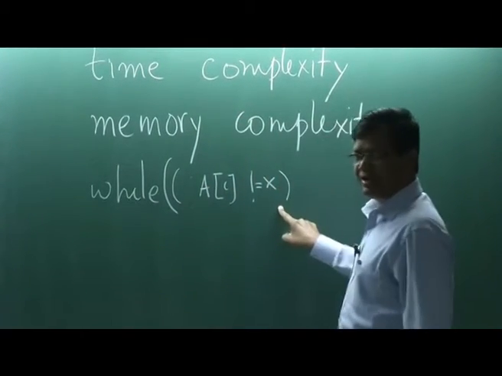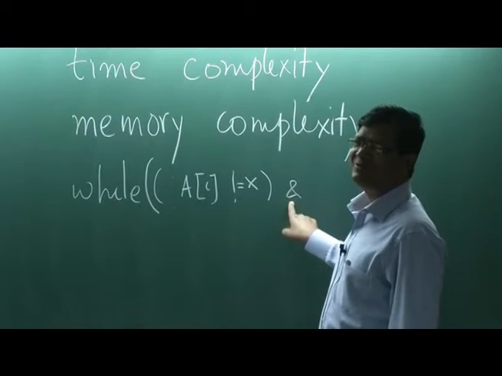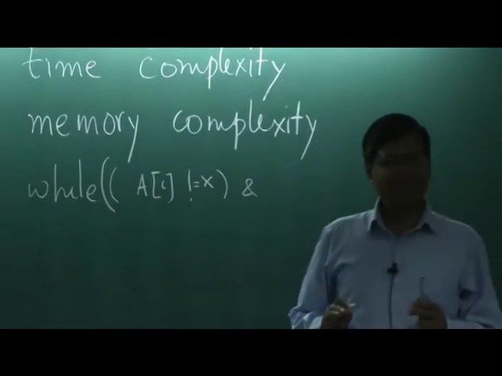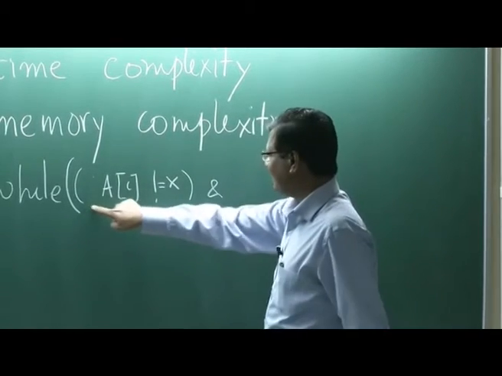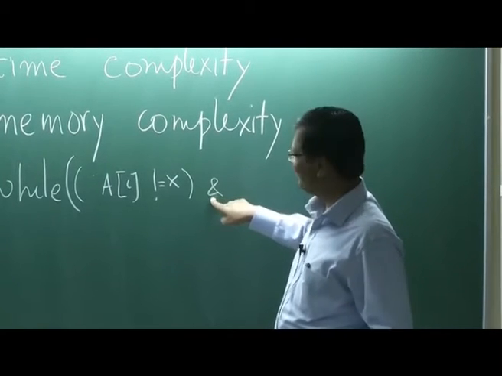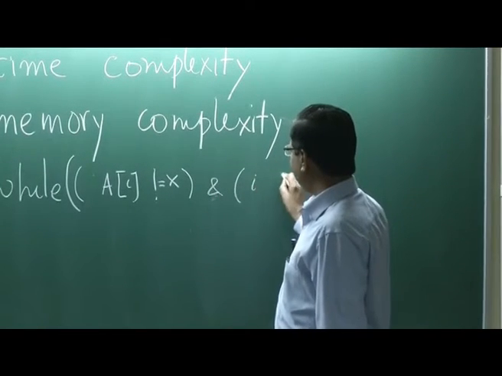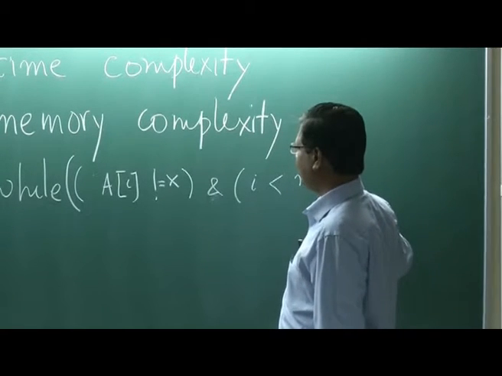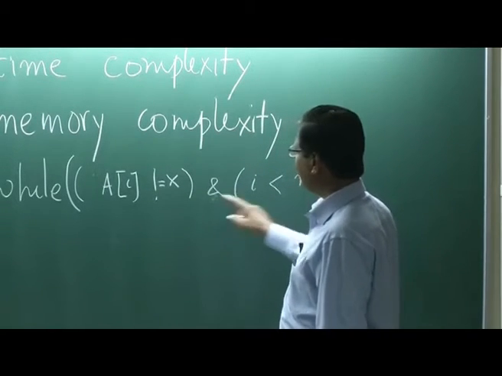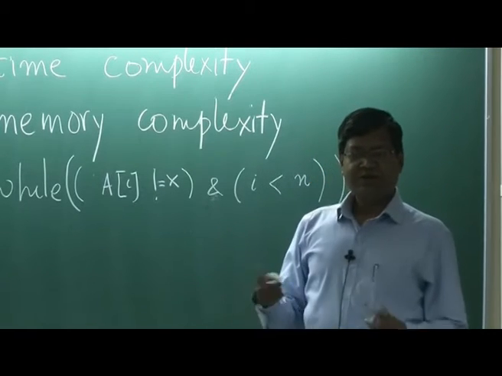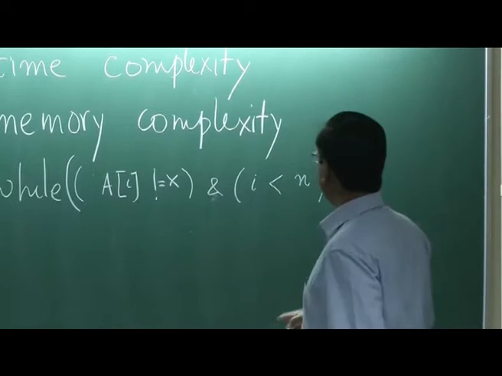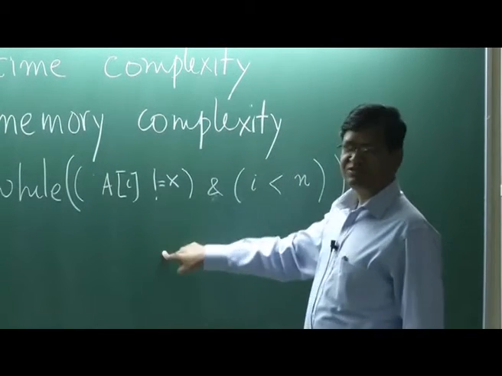If this is true, and I do get mixed up about whether I should put or or and. That's why break is easy to think of. This can be confusing sometimes, and my mistakes are there in this, either and or or. So I can tell you that much. i less than n. So I continue till these two conditions are satisfied. When will it get out? If any of them is not satisfied. If this is not satisfied, it will get out, or if this is not satisfied, it will get out.